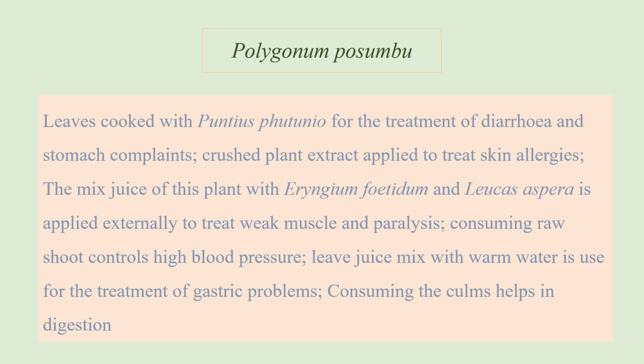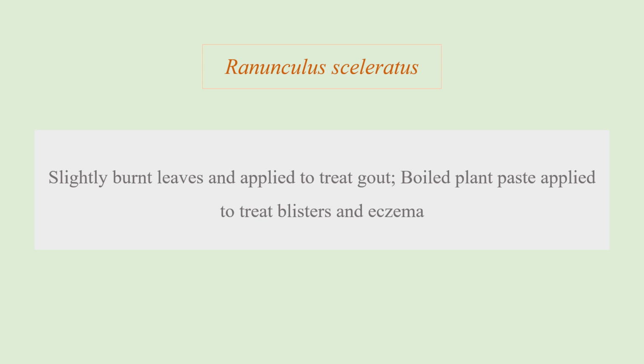And then consuming the raw shoot, it controls high blood pressure, and leaf juice can be mixed with a little warm water, and it is used for the treatment of gastritic problems. Apart from that, consuming the cones helps in digestion. So these are the medicinal uses of Polygonum pasumbu. The next plant is Ranunculus scleratus. So here the plant leaf can be slightly burnt, and it can be externally applied to the portion